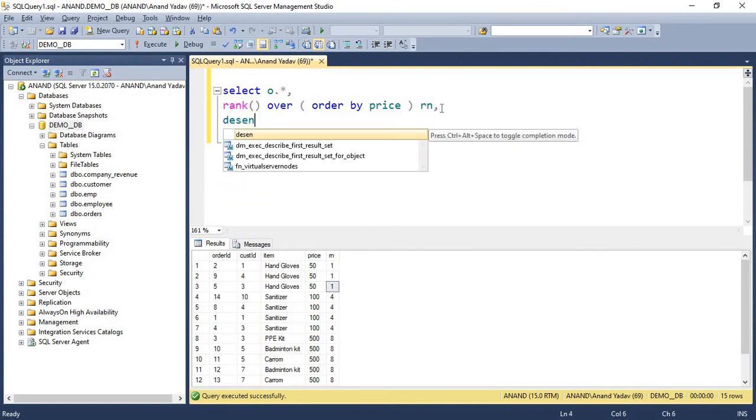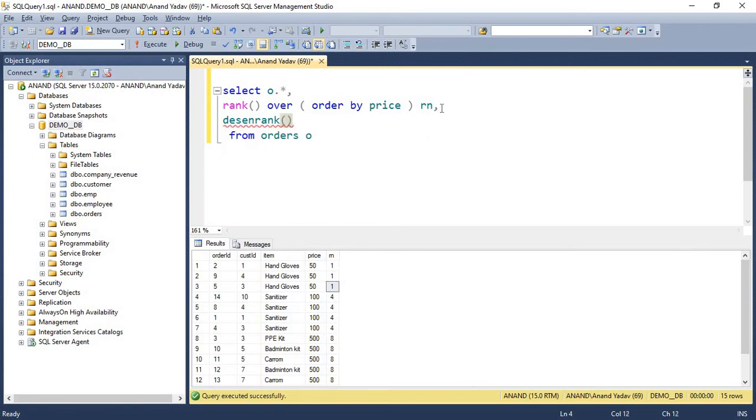The syntax for dense rank is similar to rank, just dense rank. Oh, I have missed the spelling. Dense rank, and I'm just doing an order by price. If you can see, rank assigns the same number to the same price, but it skips the series of continuation.